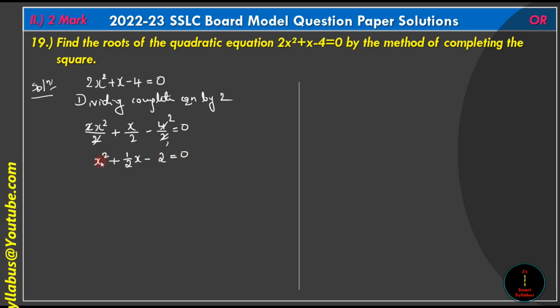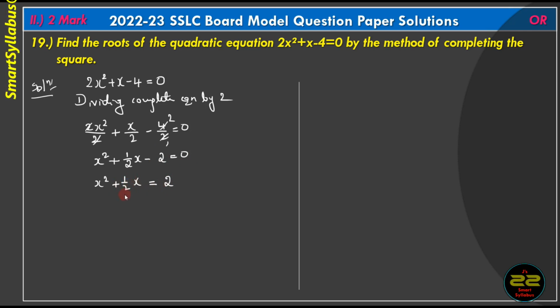Next step, just retain this x square as well as x terms here only, and then the remaining term, the constant term, on the other side of the equal sign. So we get x square plus half x is equal to minus 2. When it goes outside, we get plus 2. Okay, this is the first section of the sum. Next, students, what you have to do is just check this coefficient of x. So the coefficient of x is half. So what we have to do is